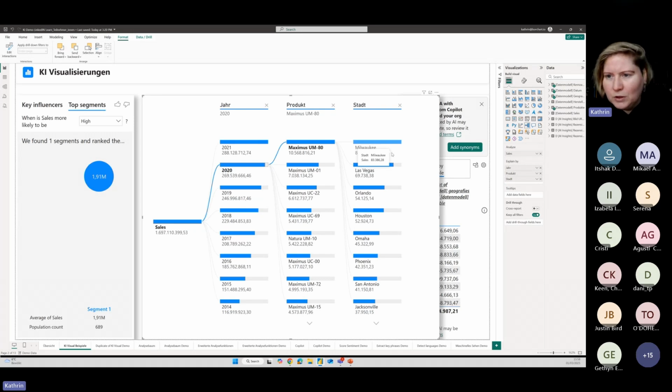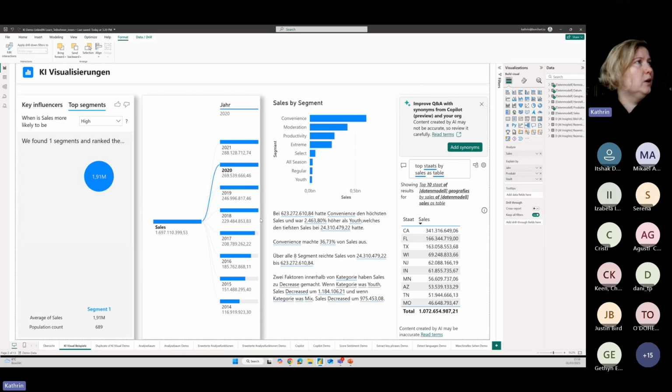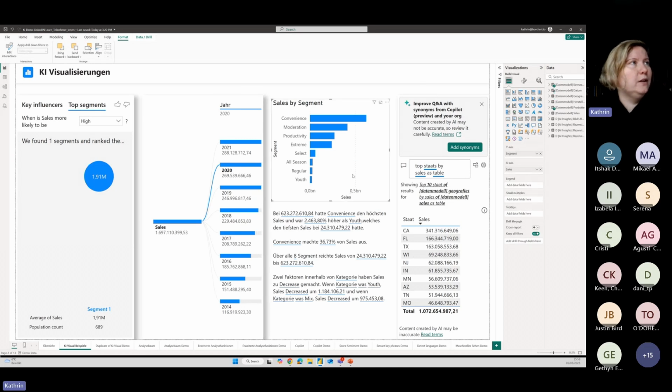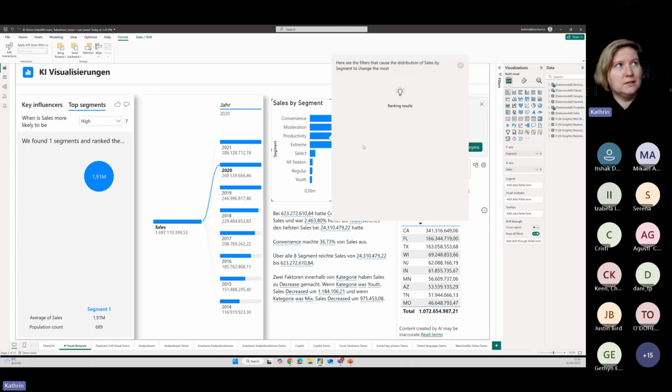Yeah, I saw a warning about the key influencer visual because you would have to be able to defend a lot of statistics. I'm not a big fan of it because it's also a bit difficult to set up this visual. So the decomposition tree is very easy, so I like to use this one. And the next one is integrated in a bar chart or a column chart. You can simply right click on a bar, and then you can analyze: find where the distribution is different, and then you get those insights. So it's very, very